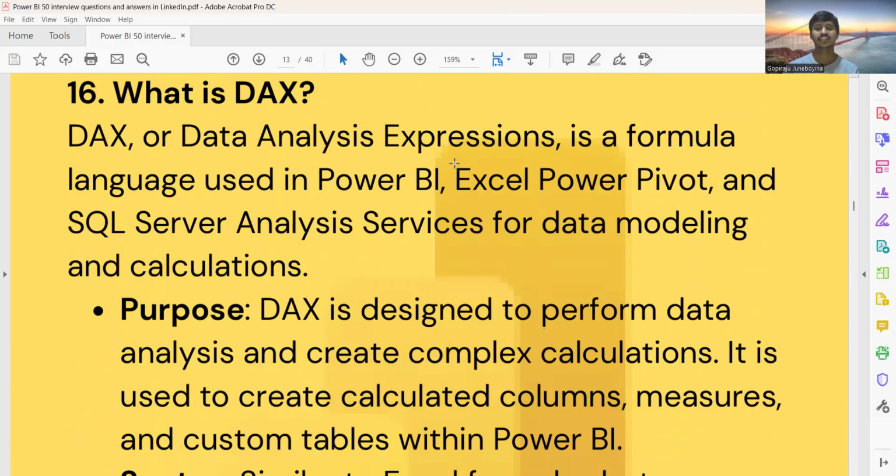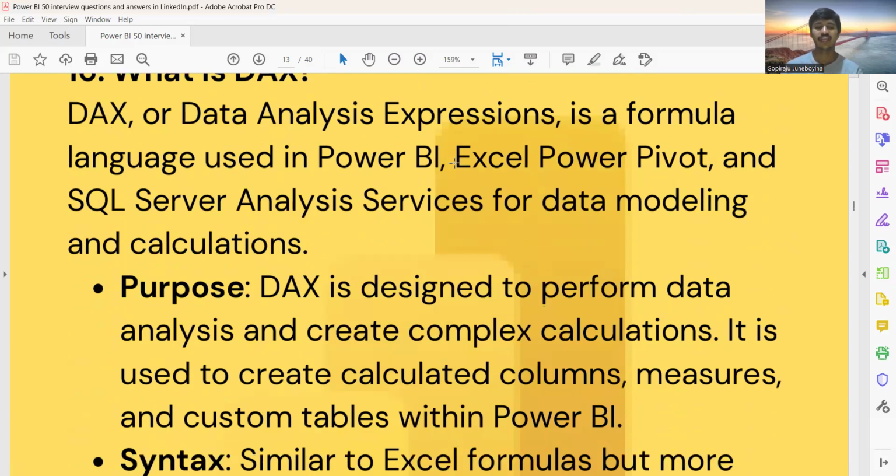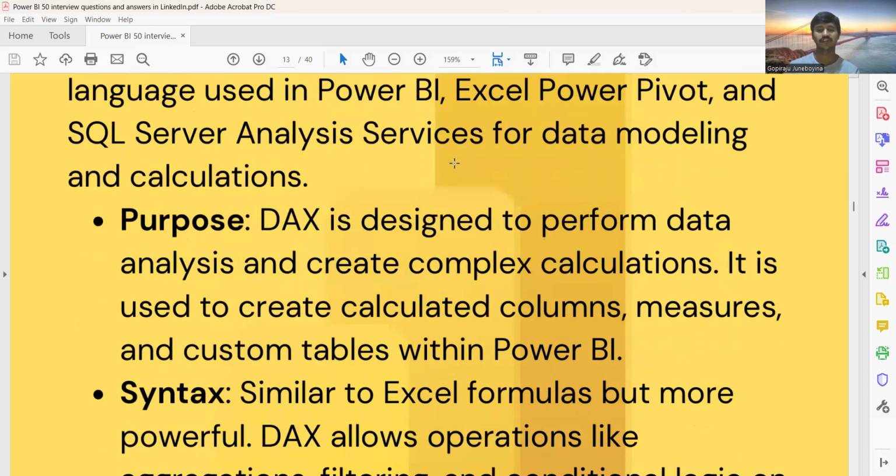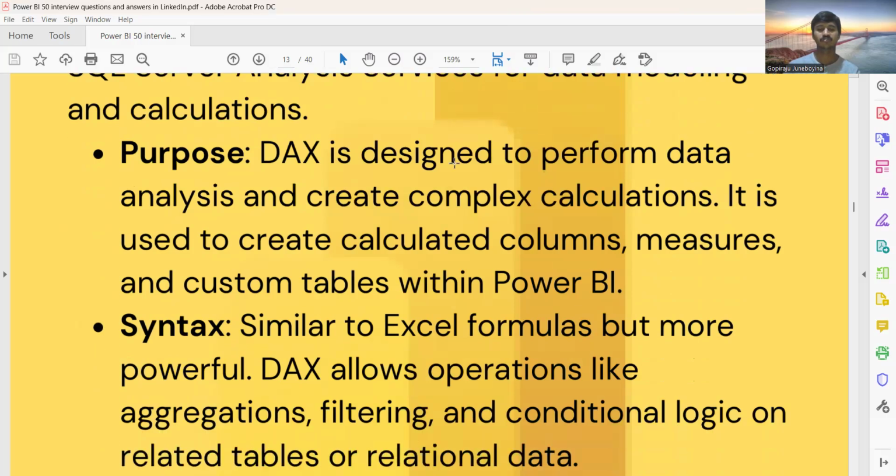Purpose: DAX is designed to perform data analysis and create complex calculations. It is used to create calculated columns, measures, and custom tables within Power BI. Syntax: similar to Excel formulas but more powerful.